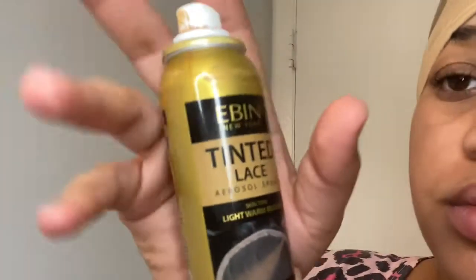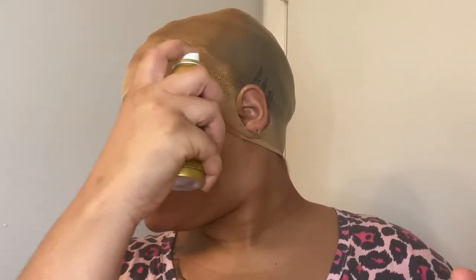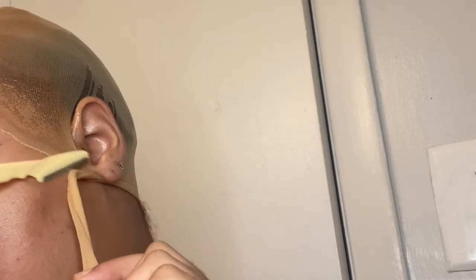So jumping straight into it, I just went in with the regular method, you know, flesh tone cap. I also have a black wig cap underneath this, and on top of that I have the flesh tone wig cap, and the usual procedure with going in with the Got To Be freezing spray. I just went around my hairline, and while I was letting that dry, I used this Ebin New York lace tint that I bought from my local beauty supply store in the color, I think it's a warm, I'm not sure the exact name, so I don't want to tell you guys the wrong thing. But yeah, while I was letting that dry, I just went ahead and put my lace tint up there,